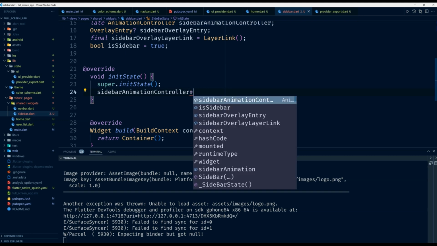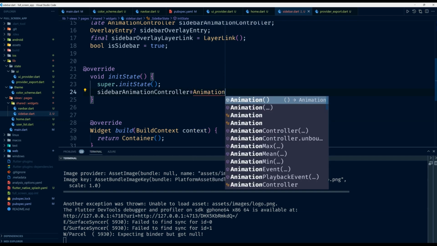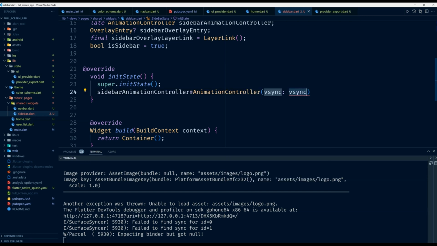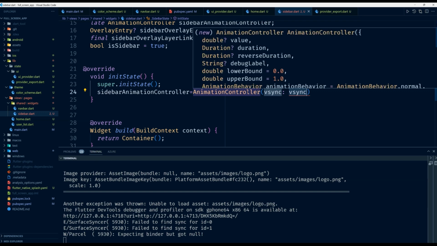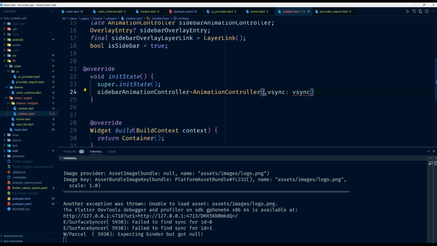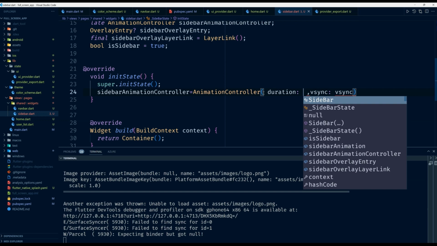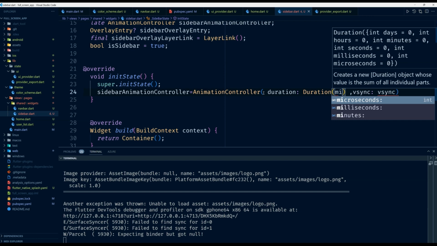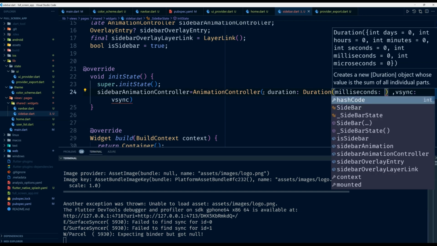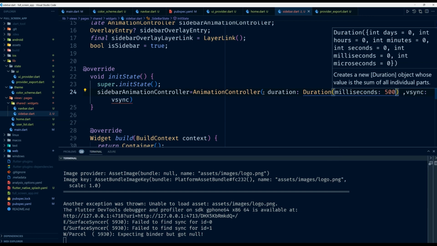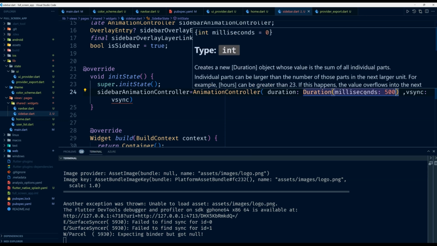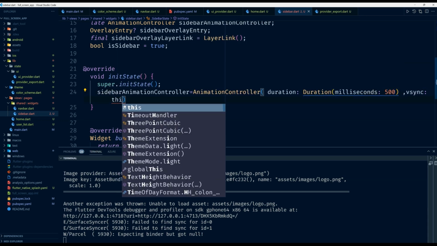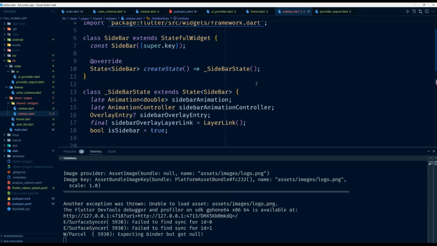So it's going to be animation, and it's going to be animation controller. What I want to add here is the duration, and duration is going to come from duration, and it's going to be in milliseconds. I'm just going to have half a second. So I'm going to have 500, and the basic is going to be this. It's going to have an error because we need to bring in the